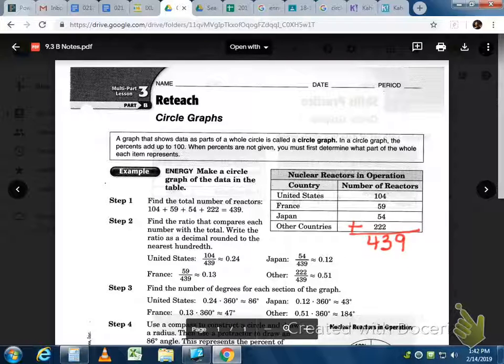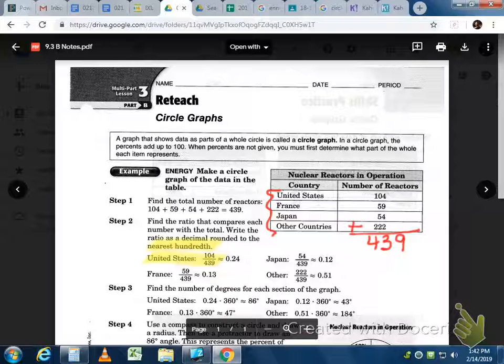Now you have to find what percentage it's going to be using a ratio and changing it to a decimal. So each one of the options, United States, France, Japan, and other countries, you're going to take every one of those numbers over 439. And you see what they've done? United States, they put 104 over 439. It says to round those to the nearest hundredth because